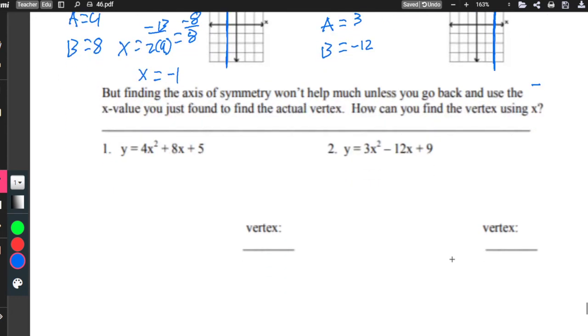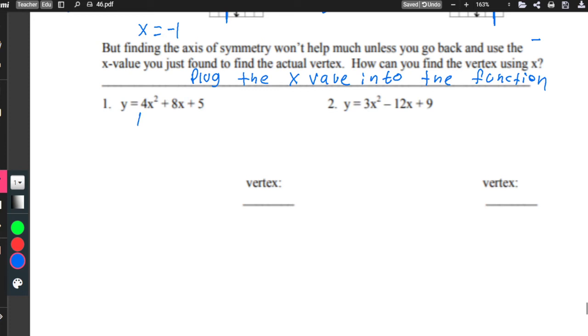So, how do we find the vertex using the axis of symmetry? Well, we plug the x value into the function. So right off the bat, our a equals 4,